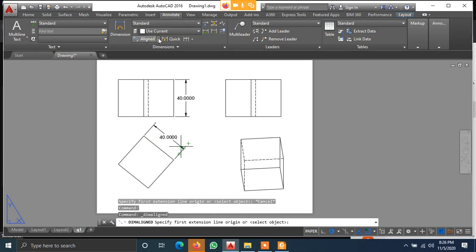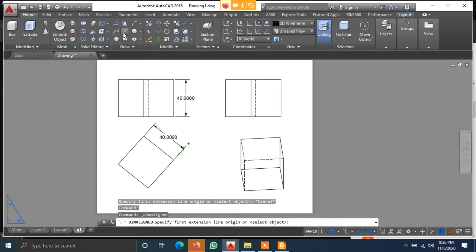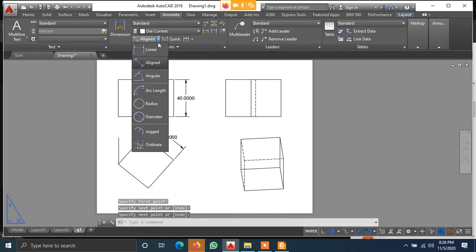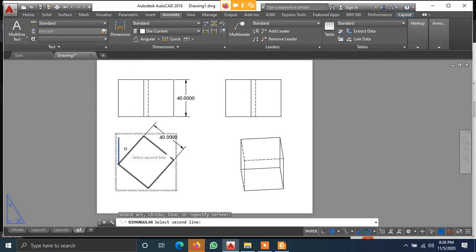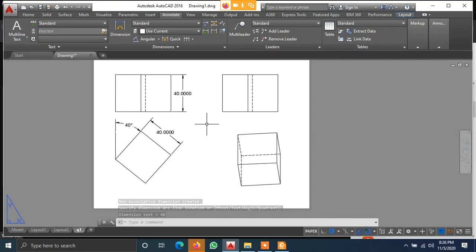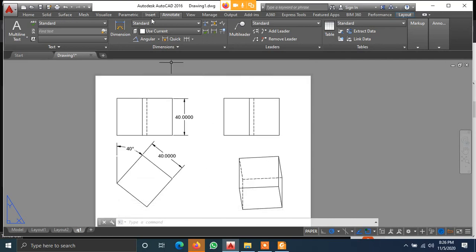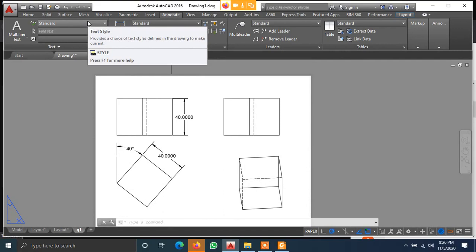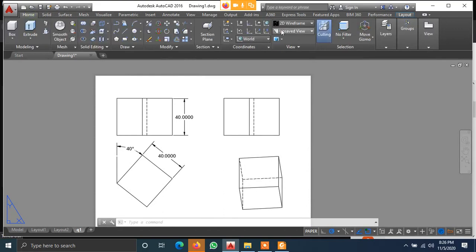Then click on OK. After this, how to make the angle? For making an angle, you have to draw a reference line from this point, a vertical reference line. Then click on annotate. Select angle. Select this point and this point. 40 degrees is made. You can input a text, whatever is required. For example, I just want to drop question number 1 or something. Find out where the text option is, and you can just drop it.